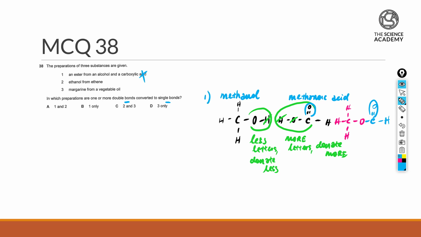Now in option number 2, which is actually the production of ethanol from ethene, this is a hydration reaction that comes with the following conditions of 3, 6, 5 as mentioned. It will be 300 degrees Celsius, 65 atm, as well as the usage of phosphoric acid, otherwise known as your H3PO4. So we start off first with an ethene, C double bond C,